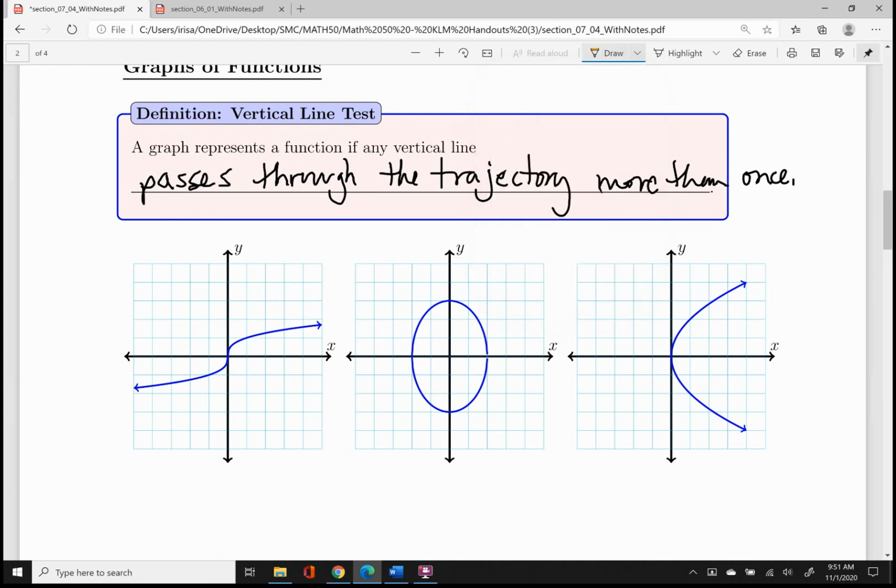So concerning this first graph, this is actually a cube root relation right here, and we want to test to see if it's a function by implementing the vertical line test. So it goes like this. If I can draw a vertical line such that it passes through the blue trajectory more than once, then I say, oh, it's not a function. So here are a few representative